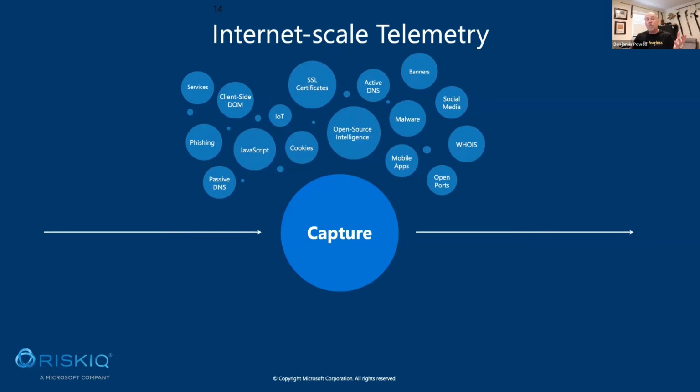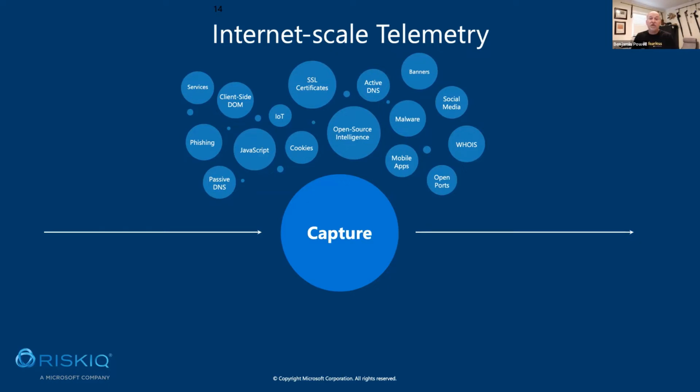We're also doing passive DNS, and we can't be everywhere. So we have partners that we share data with, and we get their passive DNS. If somebody asks for a domain, we know what IP address came back. And you'll see in our interface the different vendors that reported that information, so you can see how good our data is, and how we're also enhancing it with other data as well.